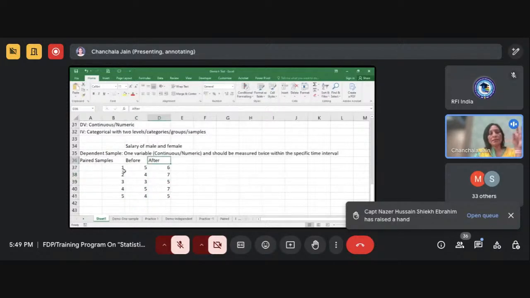In case of dependent samples, we will have only a single variable, but for that single variable,